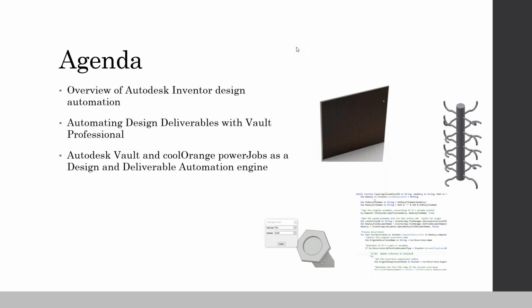And then at the end, I'm going to show you a process where essentially every part of the process that can be automated is fully automated. So we're going to start with automating the design in Autodesk Inventor. I'm going to talk a little bit about design automation methodologies there. Then we'll talk a bit about how you can automate design deliverables using Vault Professional. And then kind of putting everything together with a third-party tool called Cool Orange powerJobs to use Vault and Inventor together to